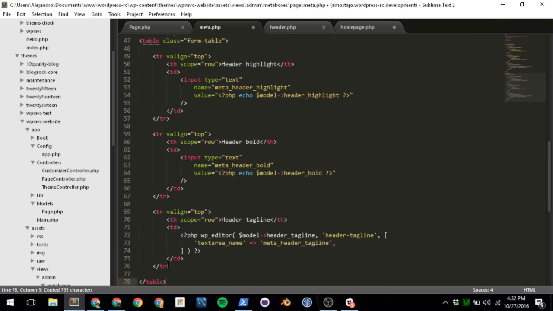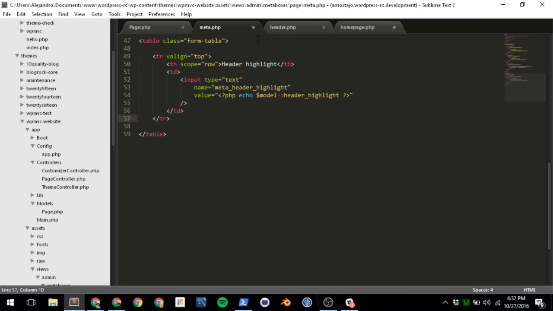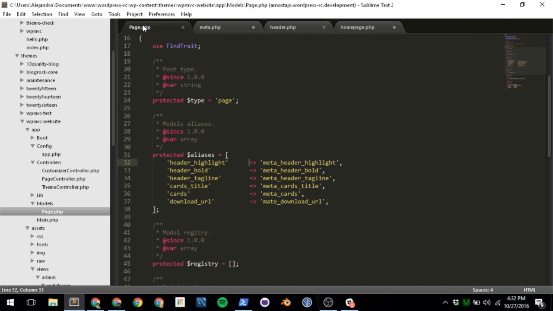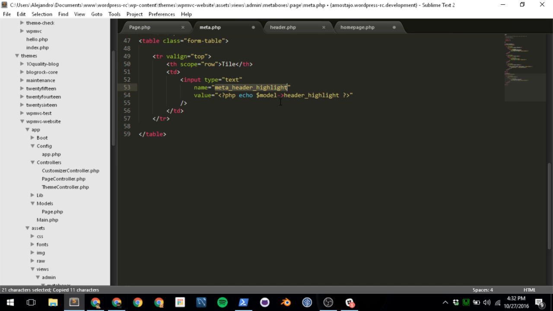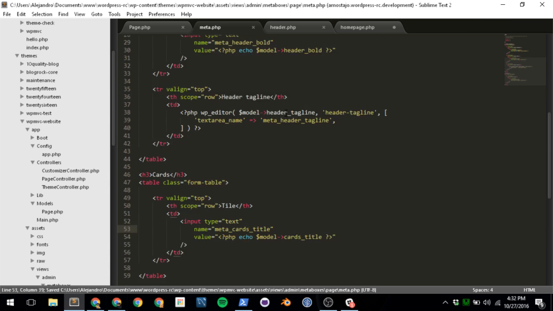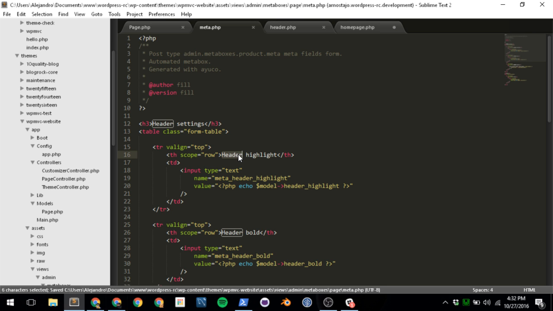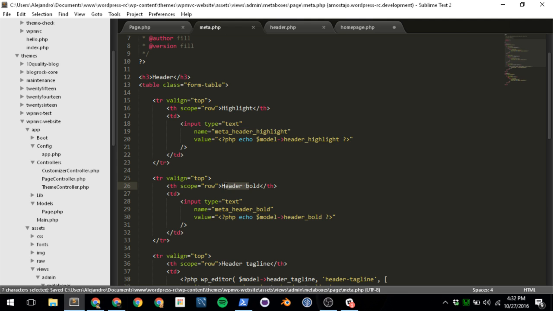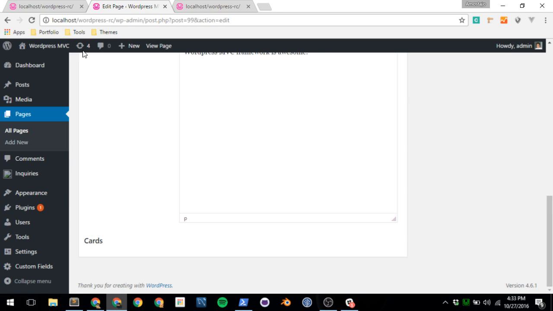And on our cards we have something for title. And this is cards title. Cards title, like that. No, wait. Also title, card title. You can change this because of the highlight. Header, highlight, bold, tagline. And if we refresh this,